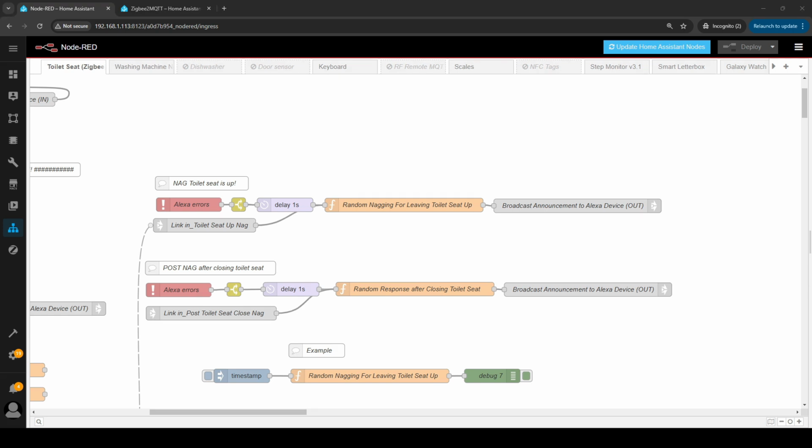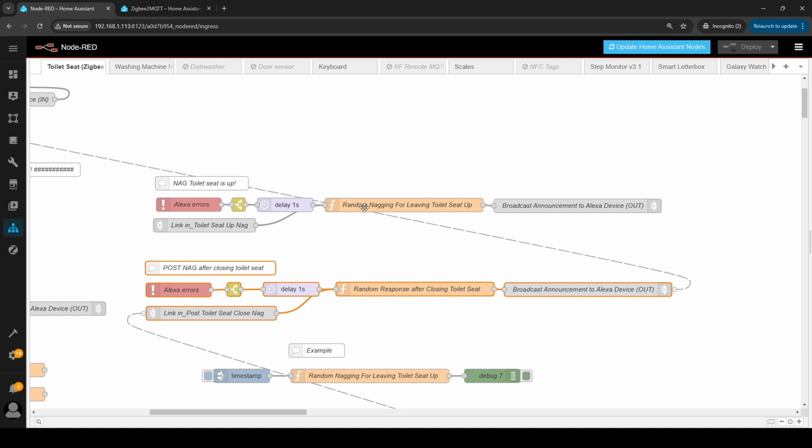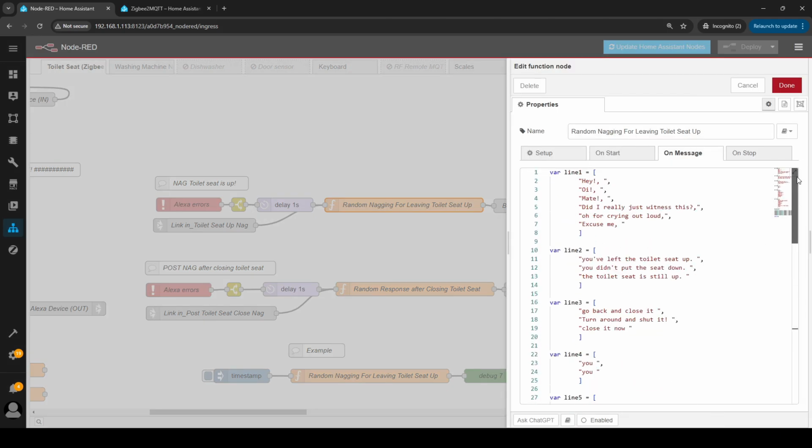The last part of the process flow is how does it nag and how does it know what to say. And the way it works is you've got this part which is the you've left the toilet seat up, and that's how it runs, and you've got this part which is the post nag, and essentially it's running both of these function nodes. So if I go into this function node,